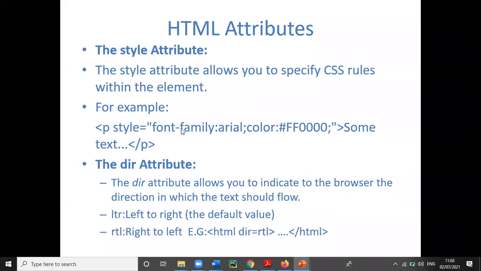Yes, style property value: property colon value, semicolon, property colon value, etc. The dir attribute is used to specify which direction the text